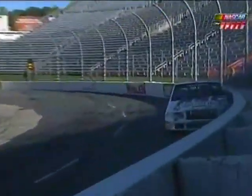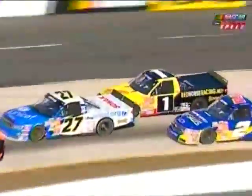Here we are on lap number 145. The 50 of Colin Brown makes hard contact in his first ever Truck Series start in turn 1. And I thought that was the hardest hit you could have at Martinsville. Well, since then we've had worse, and this is one of them. Watch Jock Villeneuve get turned into the inside wall, hard into the inside wall. Shorten that truck up